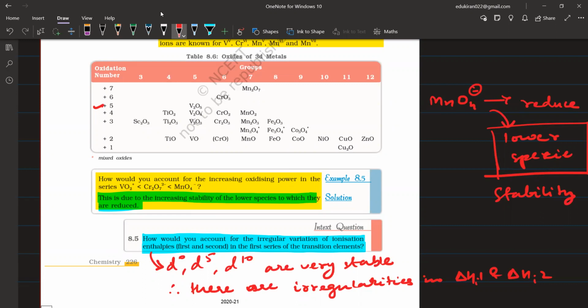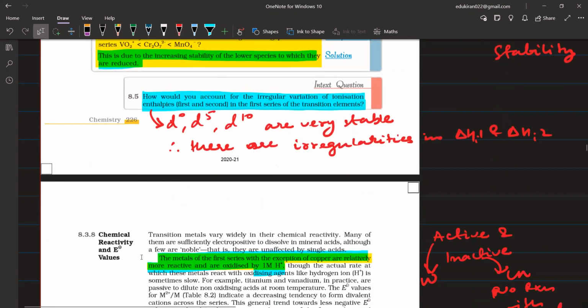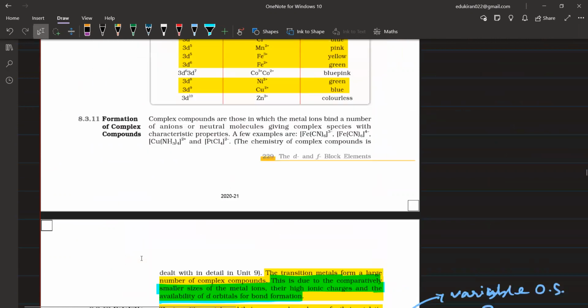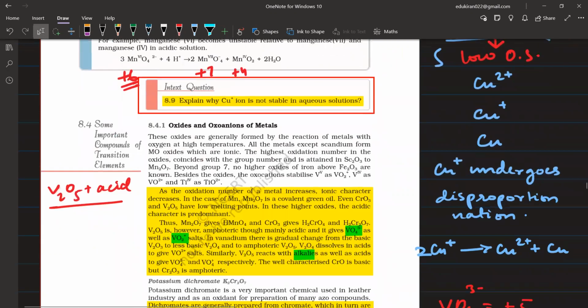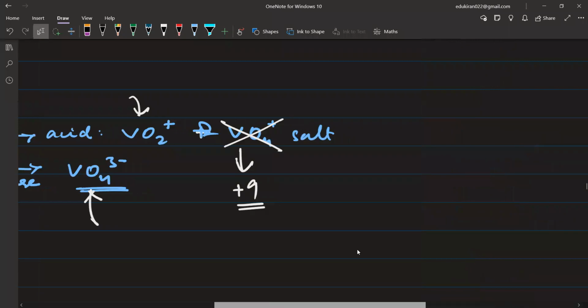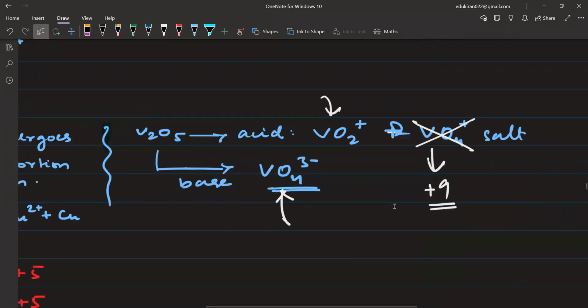How many electrons are there? 21, 22 और 23, there are 5 electrons, तो मैक्सिमम 5 ही हो सकता है, +9 तो वो जा ही नहीं सकता, ठीक है। तो मान लीजिए कि वो टाइपो है, वहां पे VO4 नहीं होना चाहिए था, VO2 पॉजिटिव होना चाहिए था। उसको नोट डाउन कर लीजिए। एसिड के साथ VO2 पॉजिटिव और बेस के साथ VO4 3 नेगेटिव।